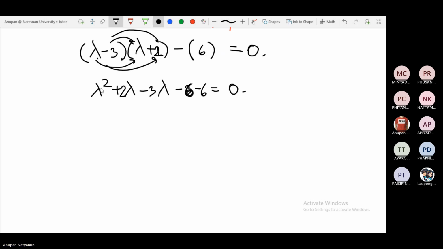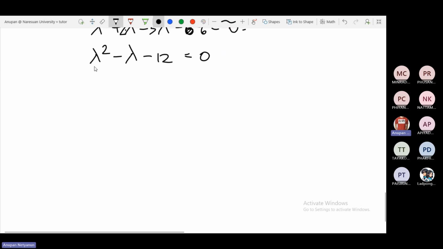So you have lambda squared and then this 2 lambda minus 3 lambda, you get negative lambda, and then negative 12 equals 0, and I believe that you can factor this, right? So lambda